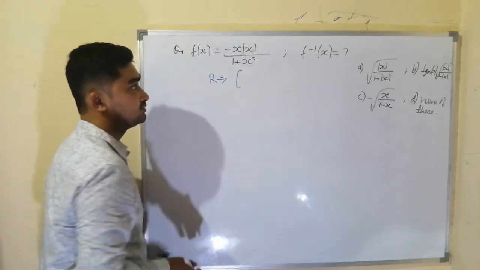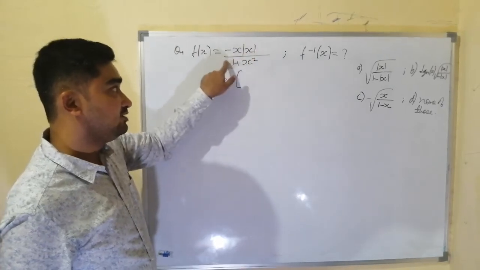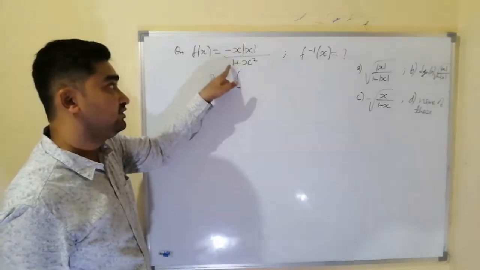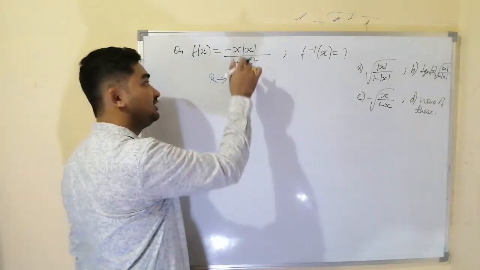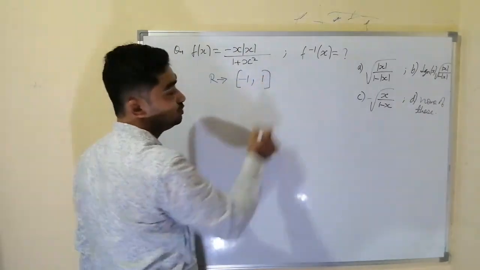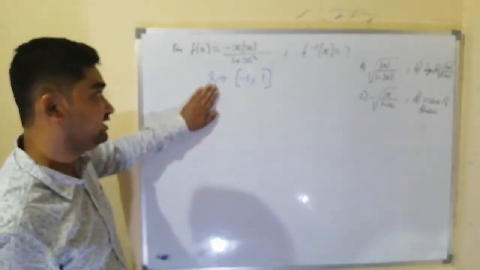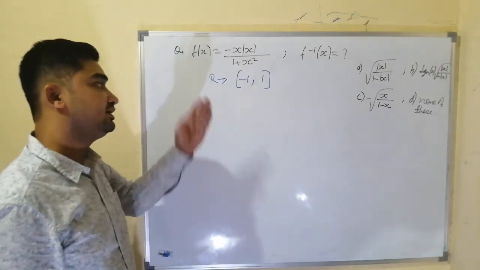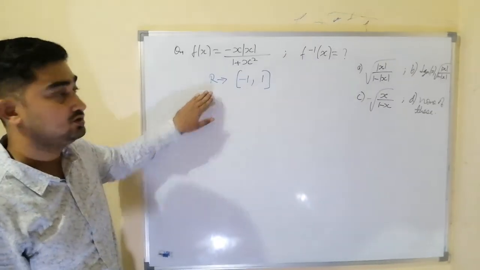And what is the range? It is minus x square if x is positive, divided by x square plus 1, which is more than that. That means the denominator is always greater than the numerator. When x is 0, it is 0. When x is infinity, it will become 1. That means the output is from minus 1 to 1. That means it is a function in which the domain is any real number and the range is minus 1 to 1. After taking the inverse, this will become the domain and this will become the range.